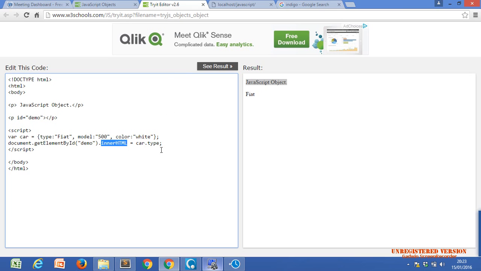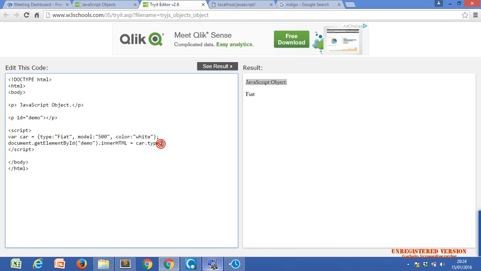Let's see: car dot type. Car is our variable name, and type is our key. It points out the key, so we will get Fiat. If we use car dot model, then we will get 500 in this p tag.